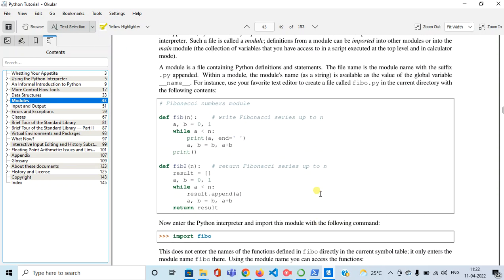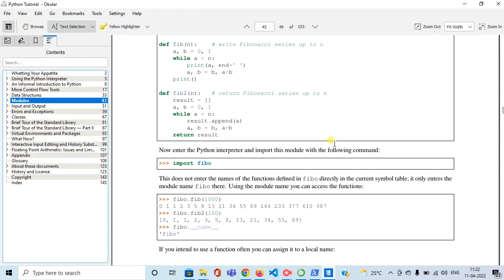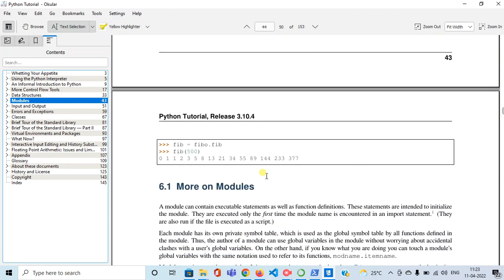Next, if you say import fibo, this should match this file name, and if you do fibo.fib and pass an argument as whatever number you are interested in, the Fibonacci sequence gets generated till that number. And then if you want to use the second version of the definition, you could just say fibo.fib2. Next, if you assign fibo.fib to some other name fib, and if you just say fib(500), the Fibonacci numbers up to 500